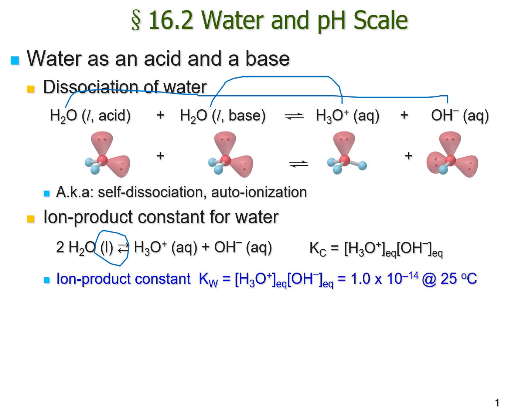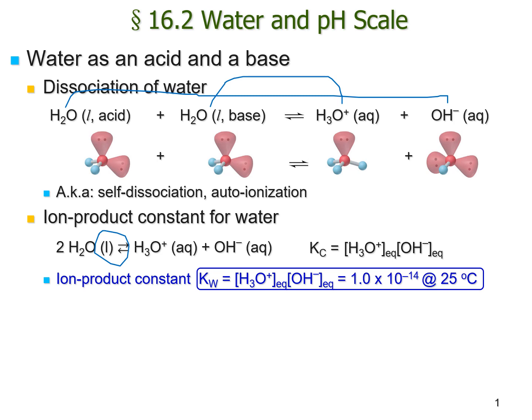And for water, Kw is a constant. It's 1.0 times 10 to the negative 14 at 25 degrees Celsius. And this is one of the most important concepts that we're going to apply in this chapter, as well as the next chapter. Because when we talk about acid and base, most likely it happens in water. So as long as we have water, Kw applies no matter how.